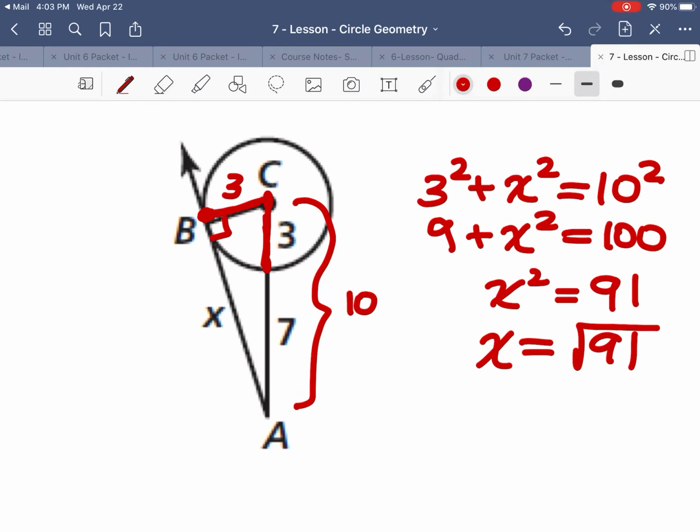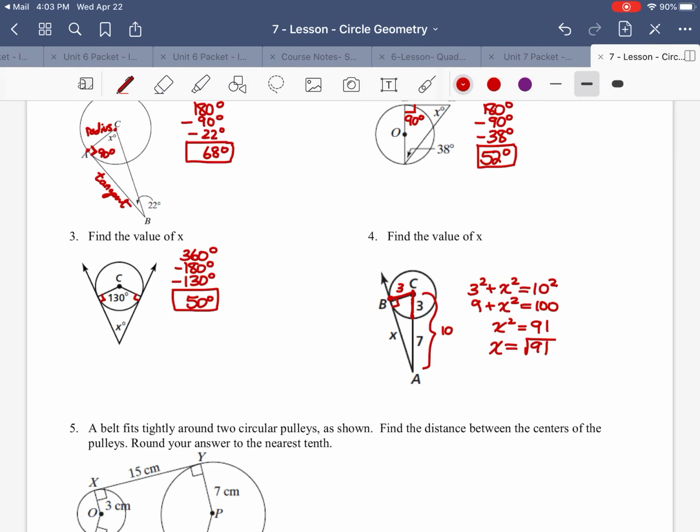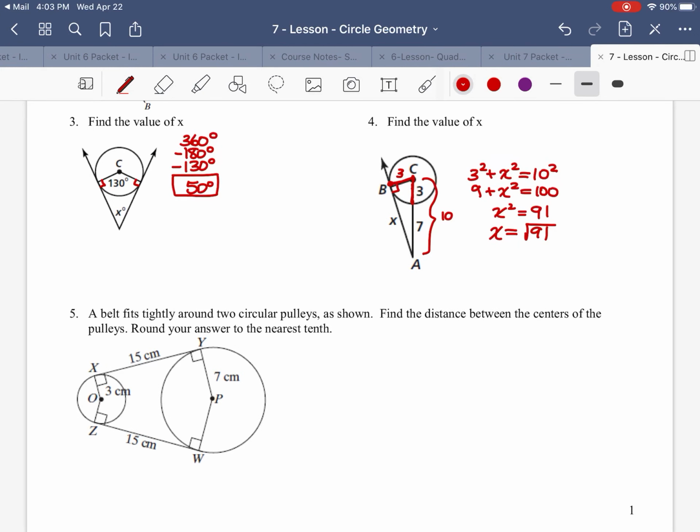Definitely not divisible by 9. 4, no, it's an odd number. 16, no way. 25, 36, not happening. 49, not going to work. 64, not going to work. So it doesn't look like there is a perfect square factor of 91, so that's all we would do. We would just leave it there. We're not looking for decimal answers here unless you're explicitly asked for it,